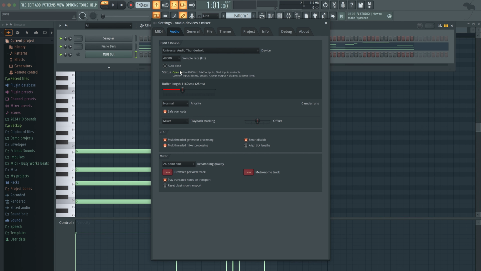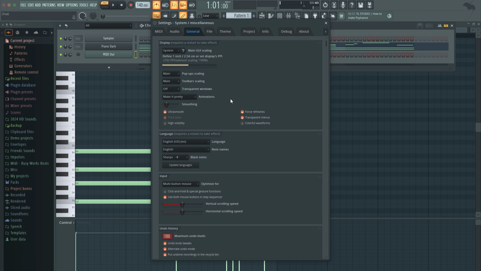I could bore you guys to tears again. Your sample rate has to match your audio interface, or else you're going to get weird artifacts. Mine is set to 48 kilohertz. Yours might be 44.1. There's no right number, I'm just matching my audio interface. There's no magical number. 44.1 was even recommended by mastering engineers. We don't need to get into the science.